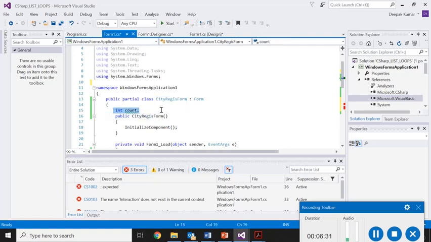Alright, so the other code that you find by default is public and the name of the form class. So this is your default constructor for the form class. So this default constructor normally has a